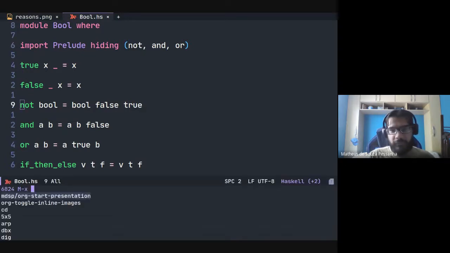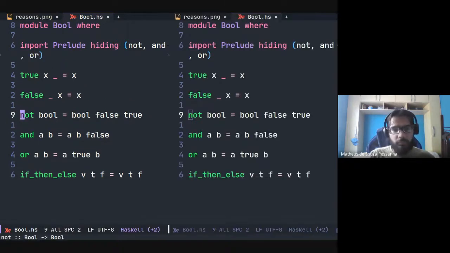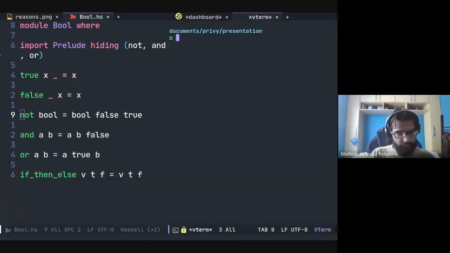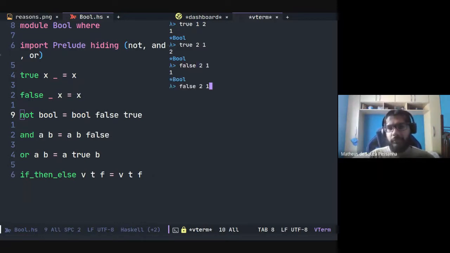Okay, so let's try to execute this. So we can execute true, and it always returns the first one, and execute false, and it returns the second one.